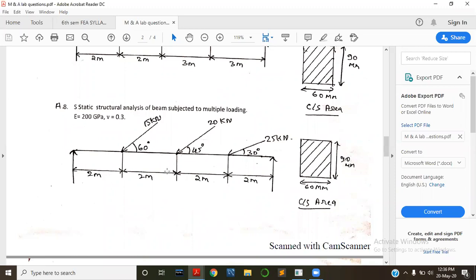So the question is like this: static structural analysis of a beam. We have to perform the static structural analysis of a beam subjected to multiple loading. The beam is simply supported at the first point and the last point, that is, the leftmost node and the rightmost node. There are point loads of 50 kilonewton, 20 kilonewton, and 25